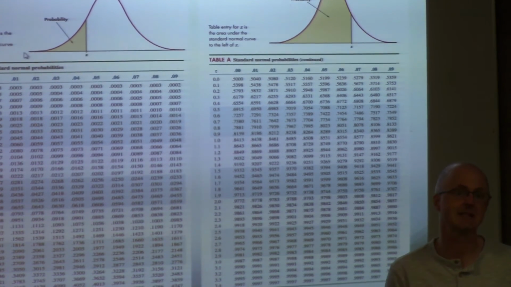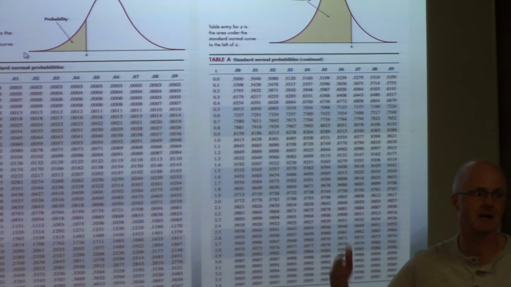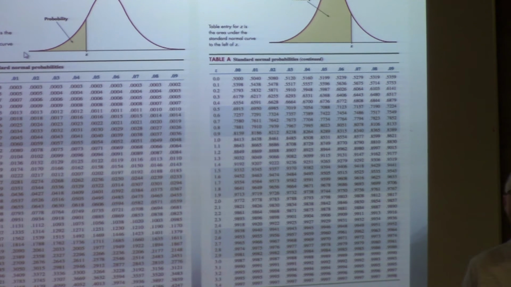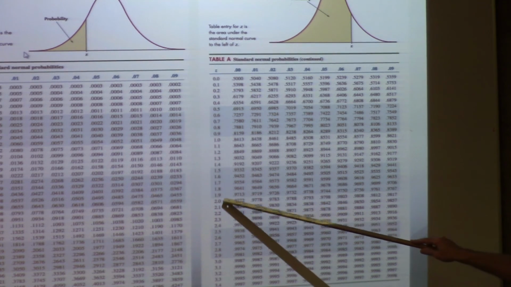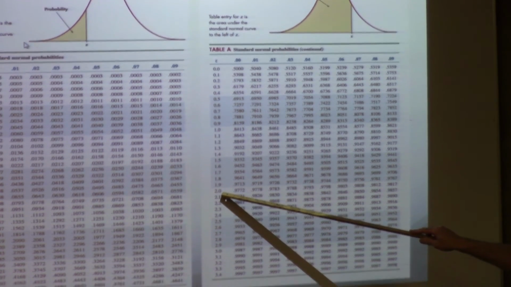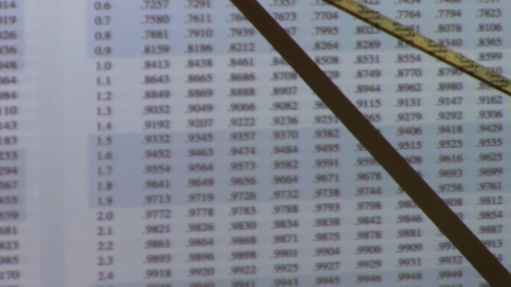That's what this table does. Tables in other books don't always give you the areas in this way. This is what our book does: areas to the left of any given number. For example, the area to the left of 2 can be found by first looking for positive 2.0. What is 2? 2 is 2.00000. The hundredth spot is 0 as well.